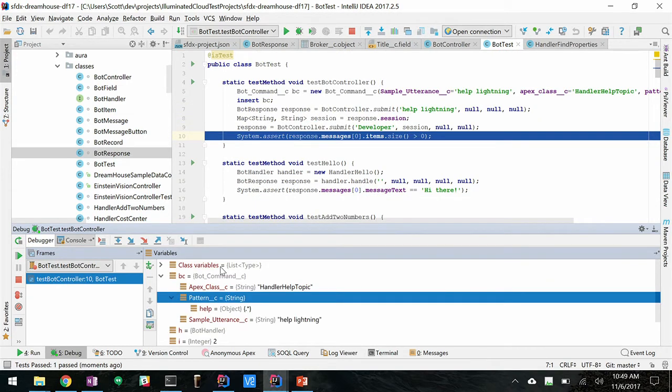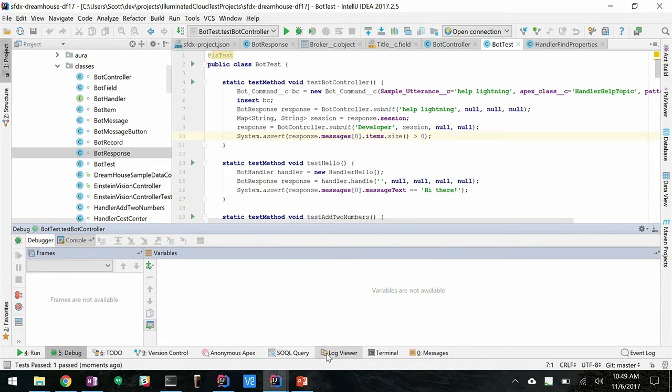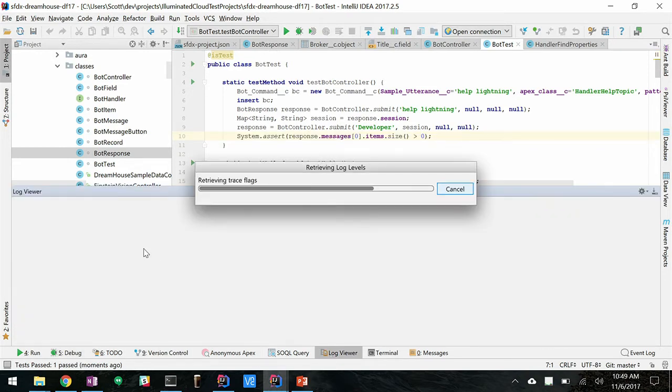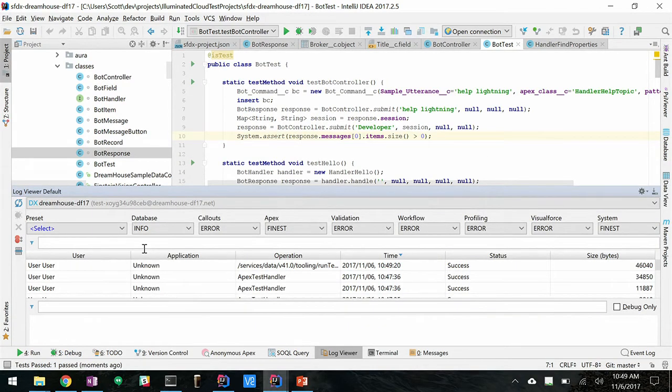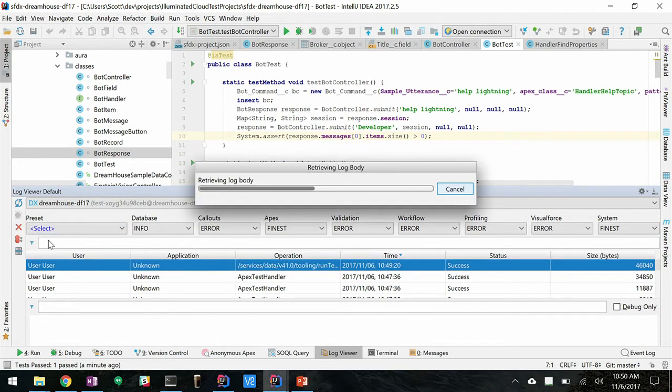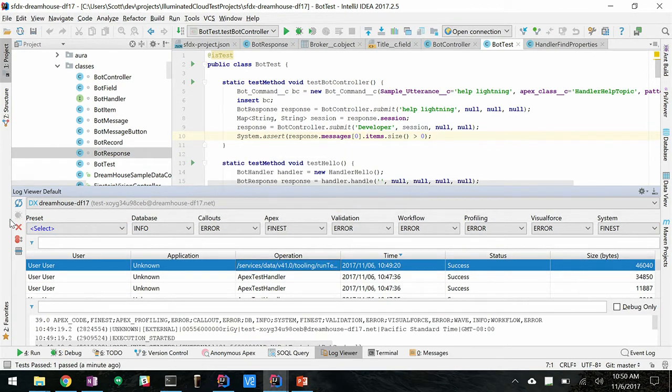Very convenient debugging, unit tests. You can even go over, as far as that goes, to say the log viewer. Let's say that you had a Lightning controller, server-side controller, or you had a Visualforce controller, or scheduler batch Apex, or an Apex REST API. You could go over and change your log levels to full debugging, go execute it, see it here in the log, bring it up, and then once the log body's up,